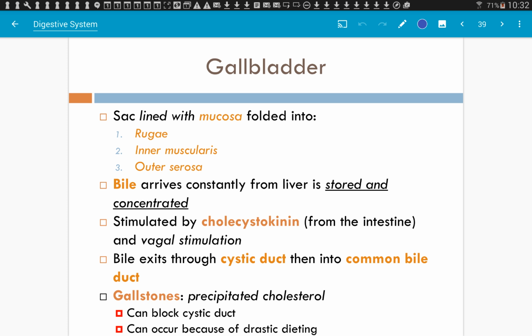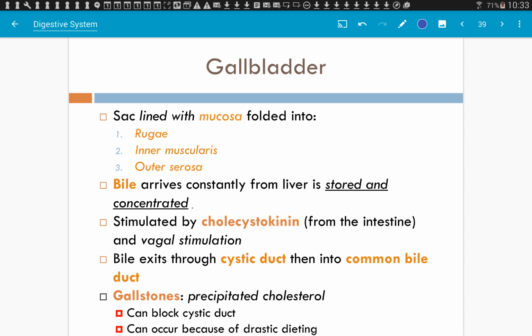Okay. So I'm not too worried about the actual structure of the gallbladder. It is a sac that stores bile. The bile is made in the liver. So the bile is constantly being made, and it's dumped into the gallbladder and stored. Then it's released when you eat something fatty, or something acidic that you need to neutralize in your duodenum. So it's stored, and it does get concentrated.